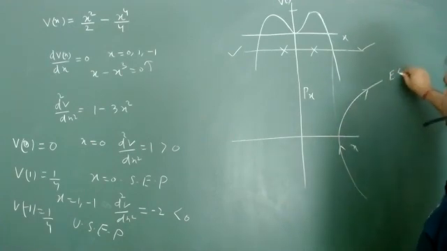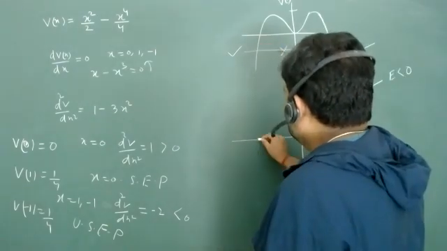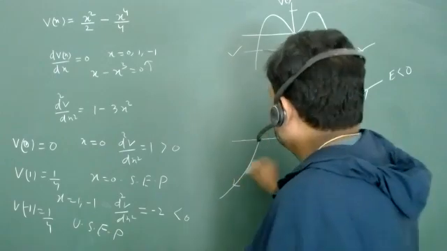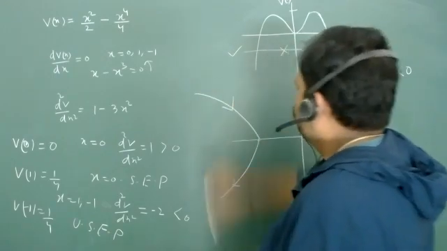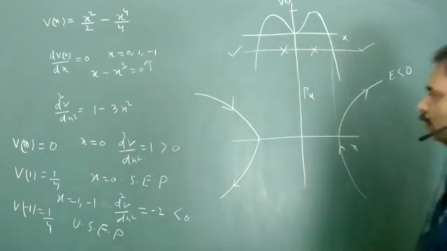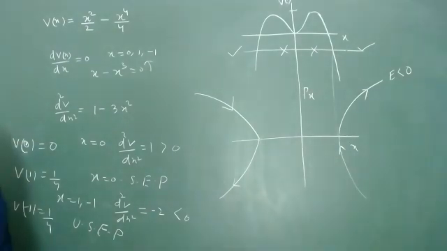E is less than 0. In this region also, this is all about receding and this is all about approaching. So are you people comfortable? Can I go this fast? Yes, in the examination you have to just draw like that, right?